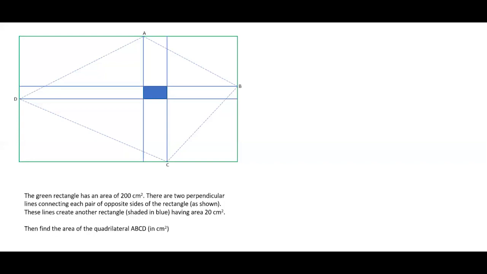Now, whenever we have a figure like this, the first thing that comes to my mind is that for any rectangle, the diagonal will always divide it into two equal halves. So you might wonder where is the diagonal for the green rectangle. I'm not talking about the green rectangle. My focus is always on the objective.